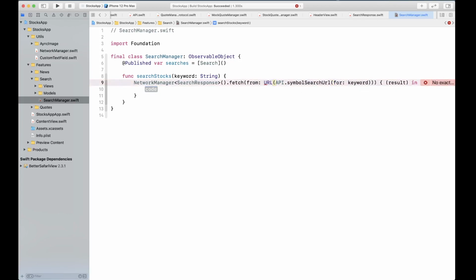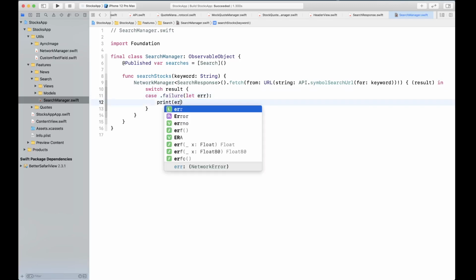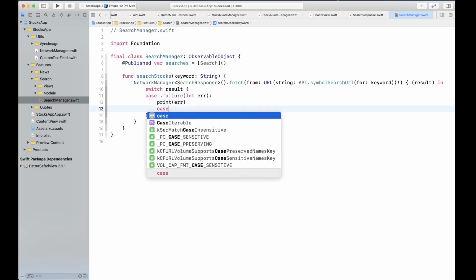We know that we are passing a URL, so we can force unwrap this one. Now we're going to simply write a switch statement on the result. If a failure happens, then take that error into a variable and print that error.